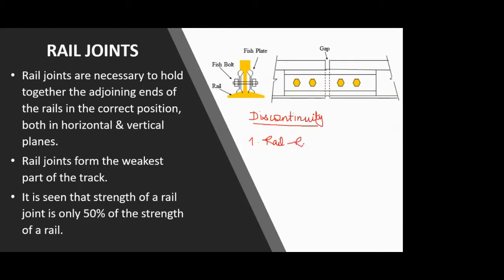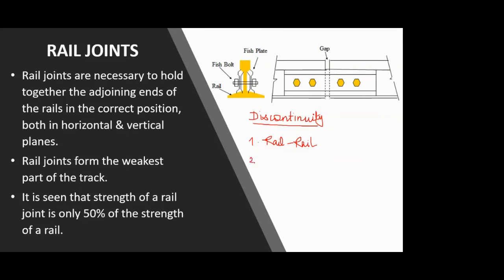As we all know, a railway track is hundreds and thousands of kilometers continuous. But even if we say it is continuous, it is not constructed in a continuous way. There is some discontinuity. The rails are never casted in industries in hundreds and thousands of kilometer length. They are casted in a few meters of length, and then they are joined on the site as per the requirement. So there comes the first discontinuity in our system, that is the discontinuity between a rail to rail.